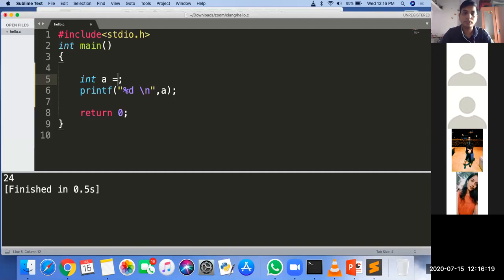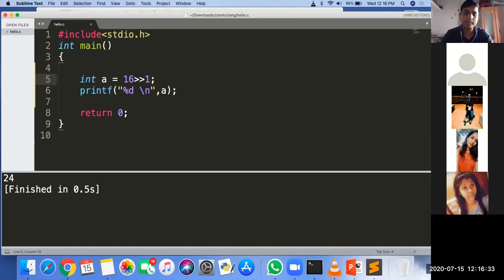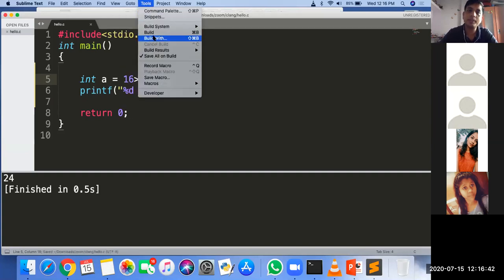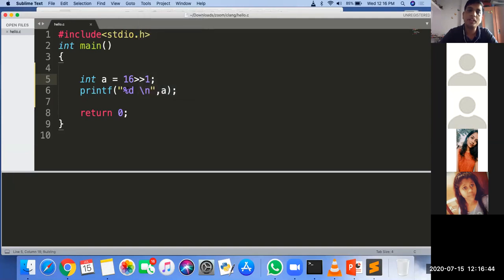Yes, sir. Okay. And suppose 16 is right shifted by 1, then 8, sir. Right shifted by 1 means divided by 2. Always remember: if any number is right shifted by 1, it is always divided by 2. And if right shifted by 2, then